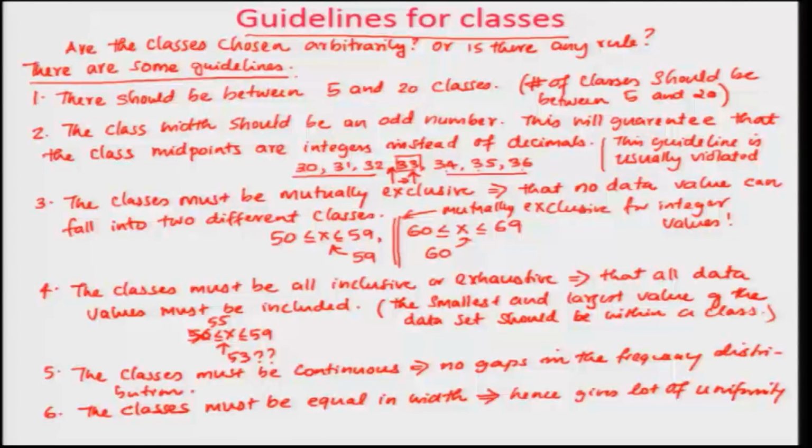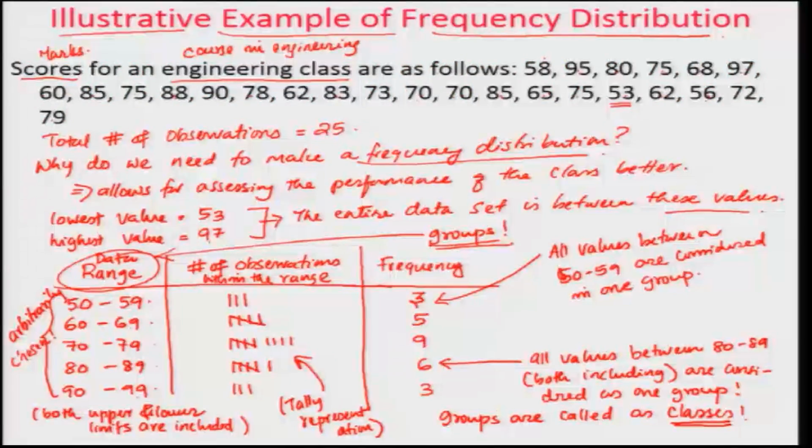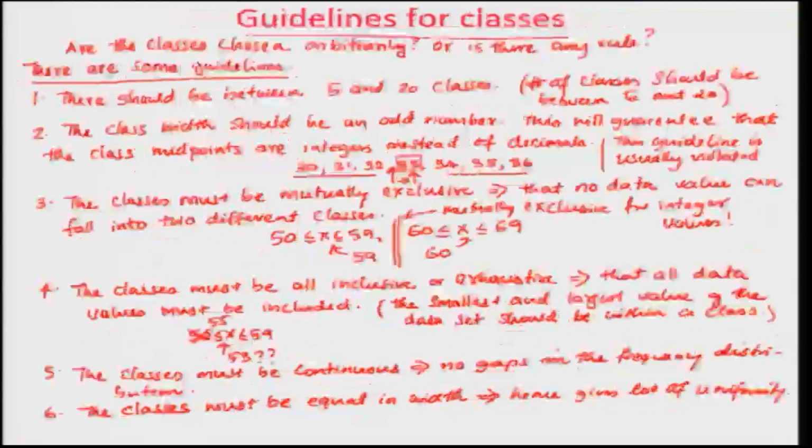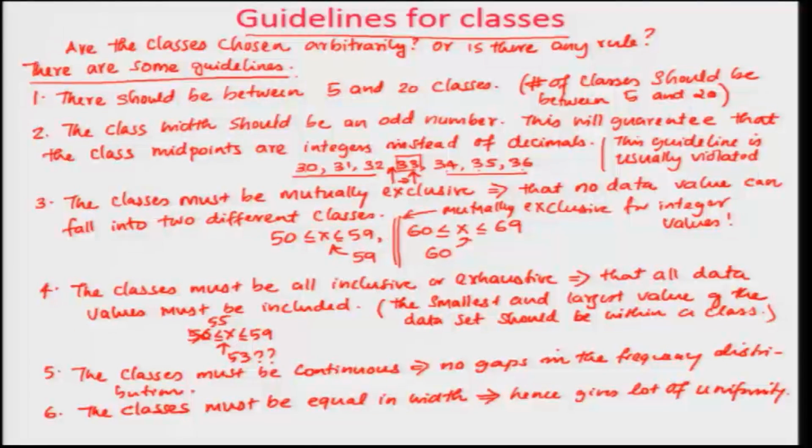Okay. So what we are talking about is, in this case, if you look into it, 50 to 59 having the equal width, 60 to 69 having the same width, 70 to 79 having the same width, 80 to 89 having the same width, 90 to 99 having the same width. Okay. So what is that width that you have to calculate, and then you have to answer that question as part of your homework. Okay.